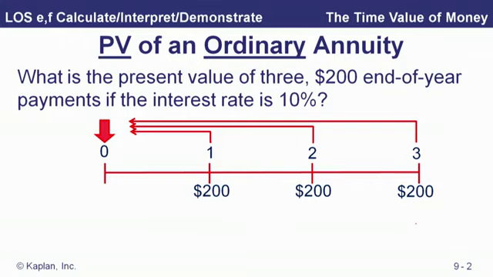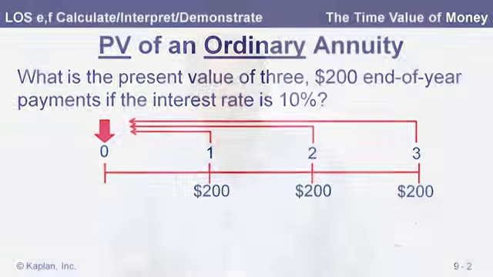So all we're going to do is use our calculator to take the present value of all 3 of those payments. We could just as correctly take the present value of that $200 at time 1, the present value of $200 at time 2, and the present value of that third $200 payment, add all those together, and that would be the present value